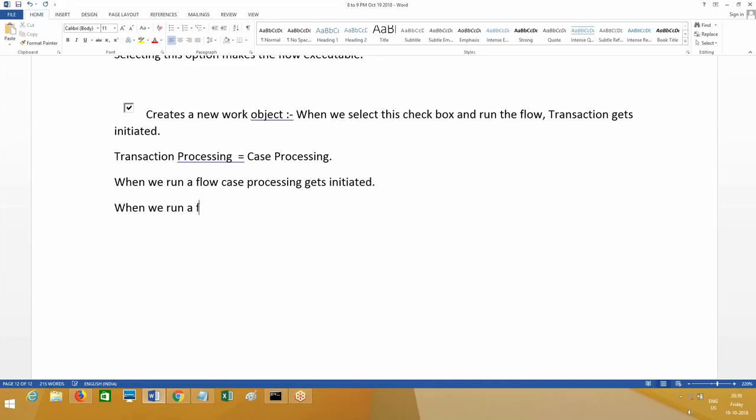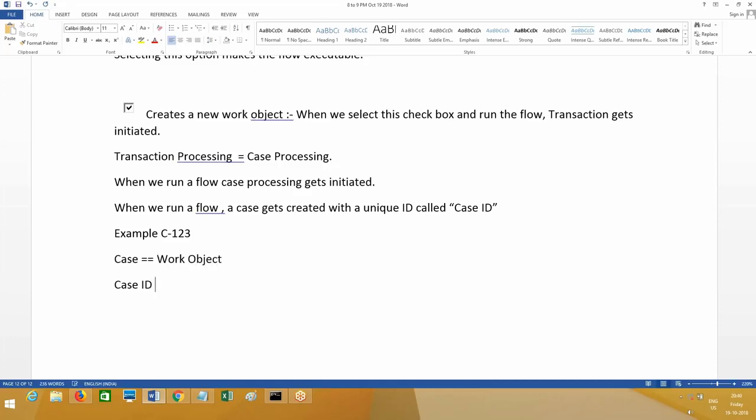When we run a flow, a case gets created with a unique ID called case ID. Example: C-123, let's say. So case is equal to work object, case ID is equal to work object ID.